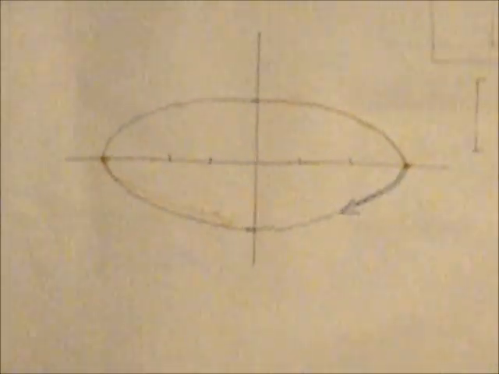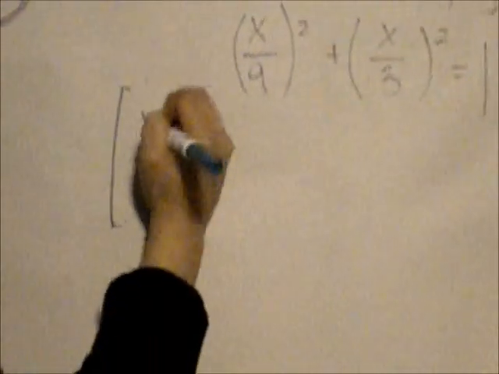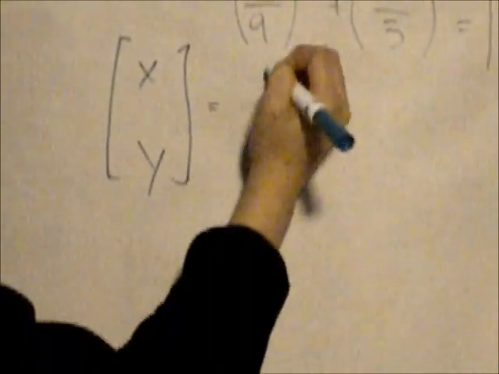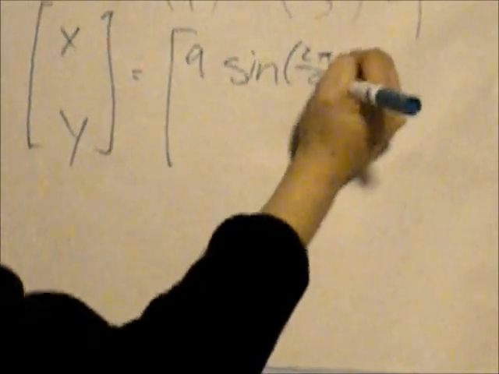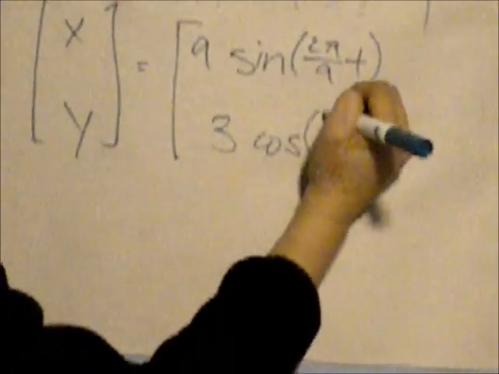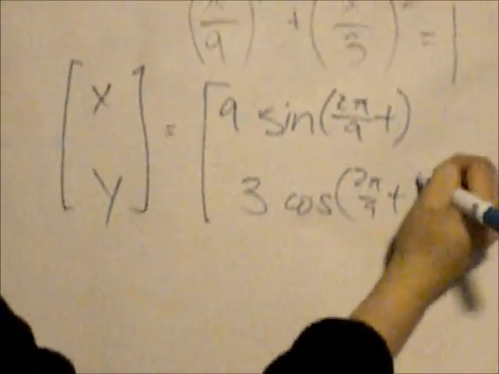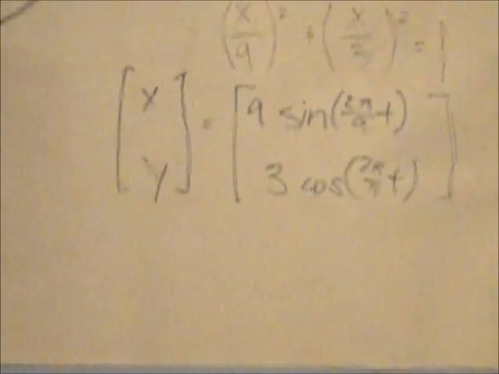Here we can change our example and see what would be different if we were to change our equation. Instead of having cosine and sine, we're going to have x and y equal to 9 sine (2 pi over 9)t and 3 cosine (2 pi over 9)t. If you want, you can pause the video here and try to guess where the point would start and which direction it will rotate. Okay,